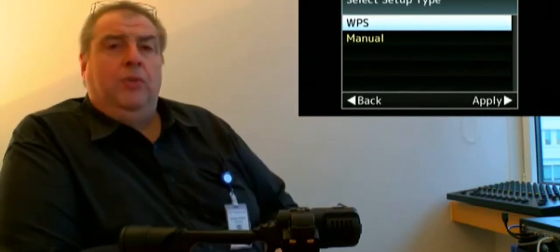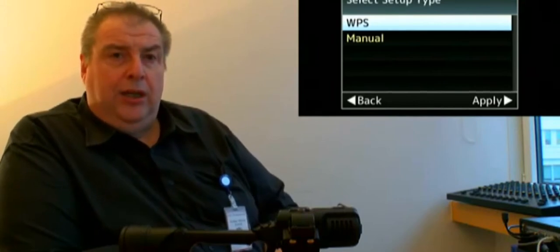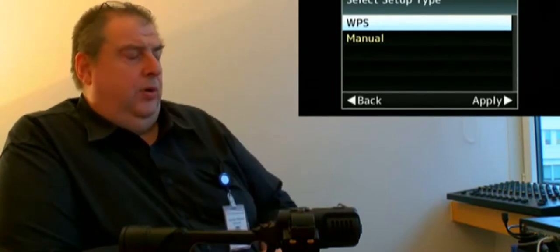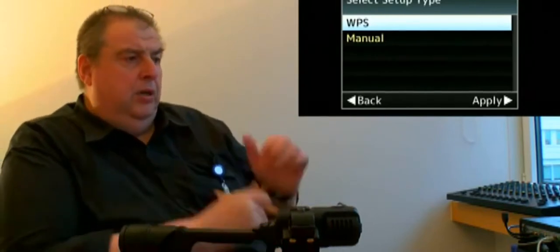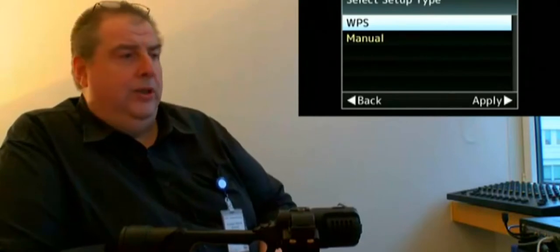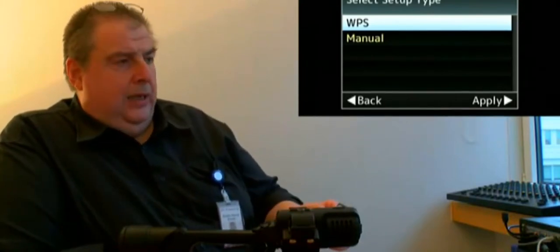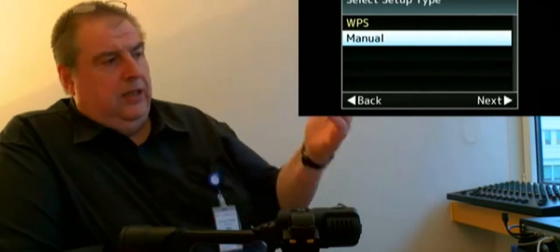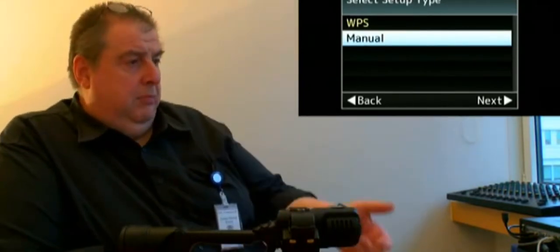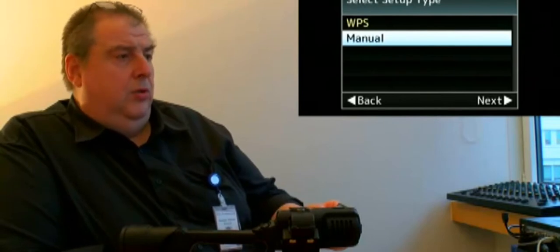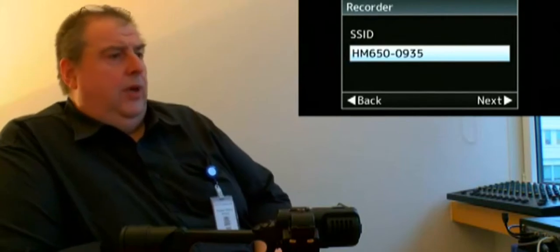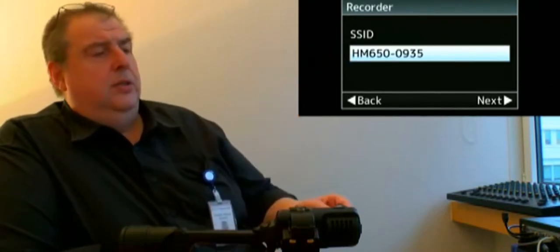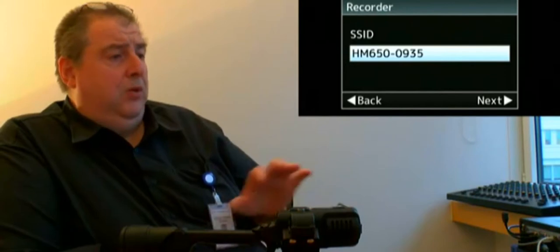Well, WPS is an automatic procedure for the network handshaking. For example, very nice for wireless settings. If the receiver and the transmitter have this function, you simply push them and then do all the setups for yourself. But I prefer to use the manual setup. That is also better for doing such a seminar because you have to understand the background of it. Let's do manual. The camera gives you an SSID. Of course, you can change that if you like, but I leave it like it is. This is the camera broadcast signal for the Wi-Fi, because in the case of point-to-point, the camera gets an access point